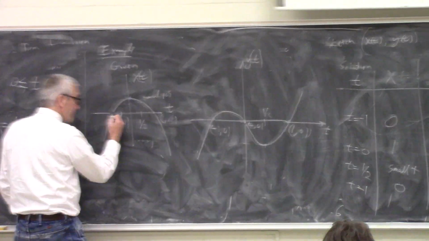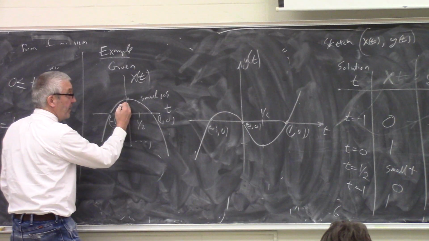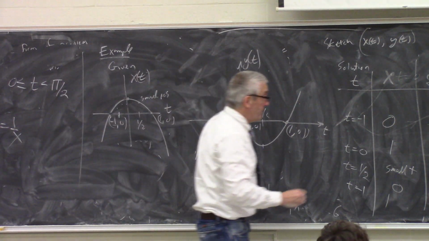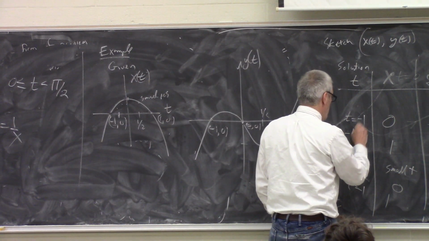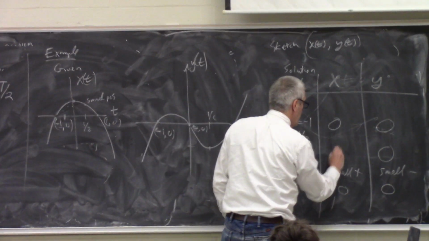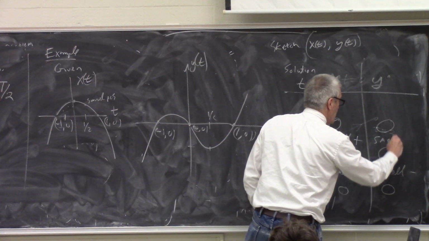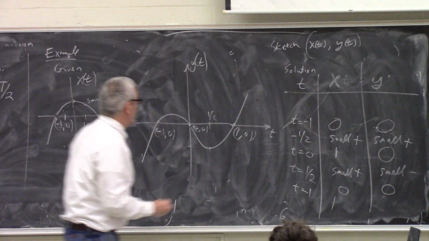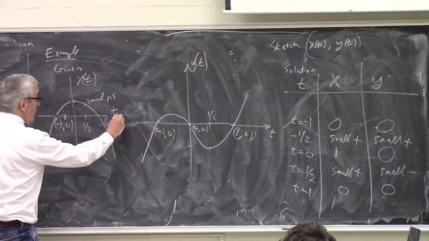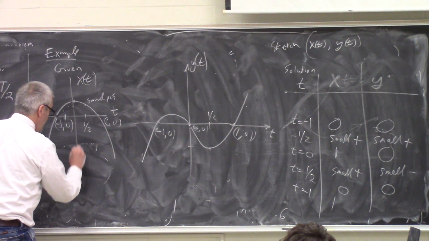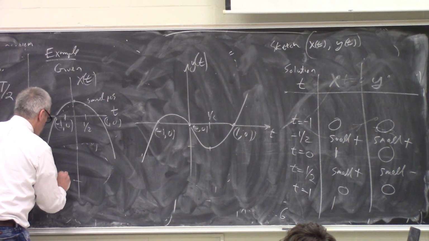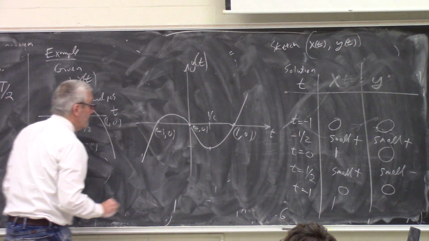When time is -1/2, x is small and positive, y is also small and positive. The last thing to look at is when time is large and positive, x is large and negative, and y is